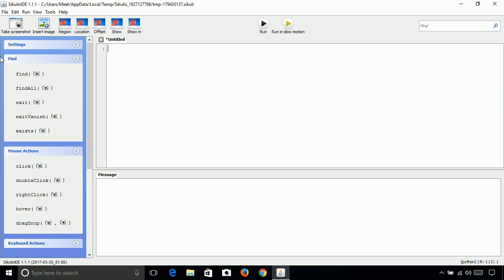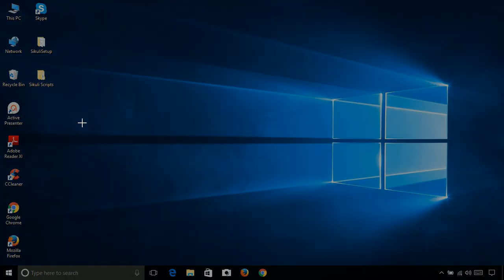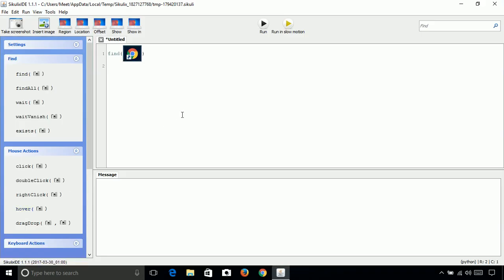You can click on this find, and then what we want to find is, let's see, a Google Chrome icon on our screen. So let's drag a box over Google Chrome, and then we want to click on that. So let me write the click function. It will find this pattern on the whole screen, and if it is found, then it will click on it.